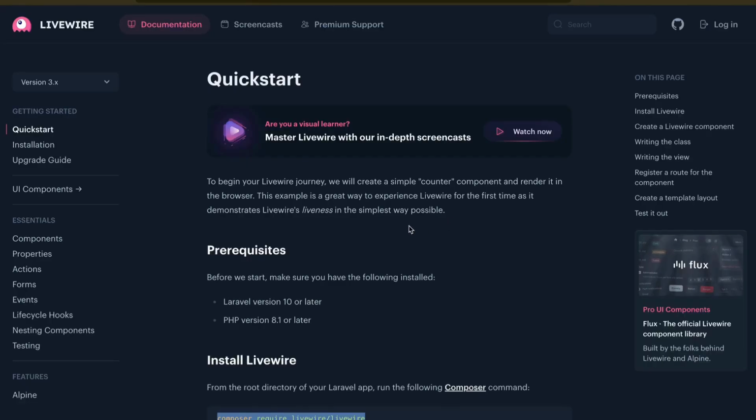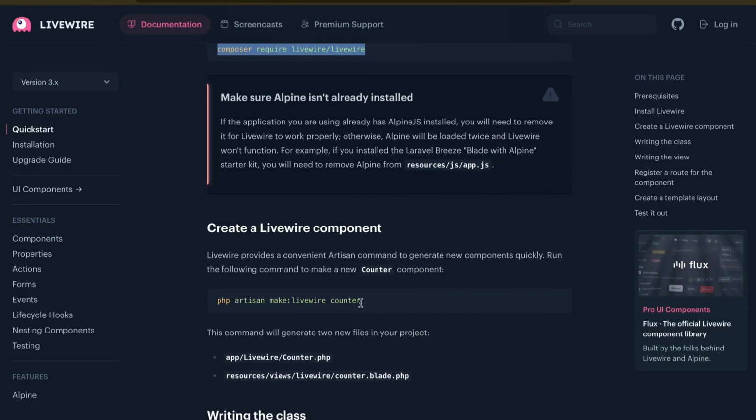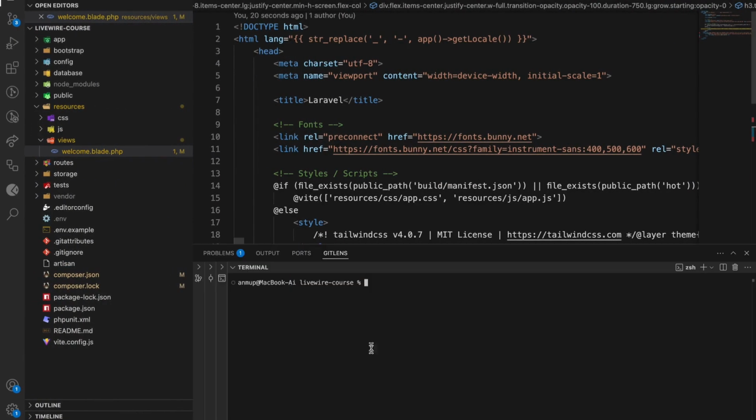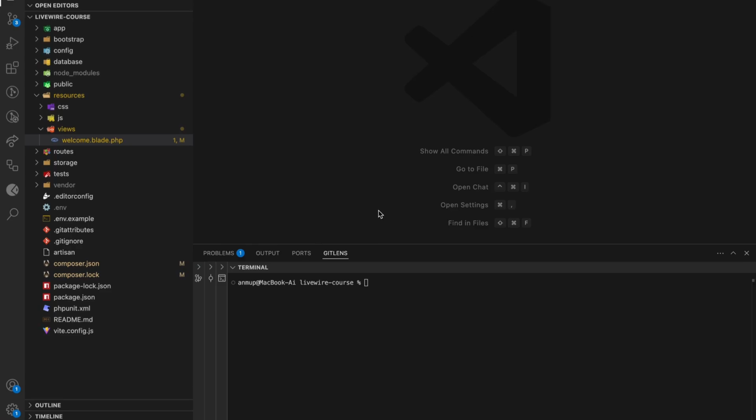But this is completely Laravel, right? So now to start with Livewire, the first thing we are going to do is, here they have created the counter, but I'll just create a new component. So if you are from any other JS frameworks like Vue or React, there also you have worked with components and the concept is almost similar, but the only difference is they are JS components and we are going to use PHP components. Let me show you how we can create that. php artisan make component and the name of the component. Let's say greeting,